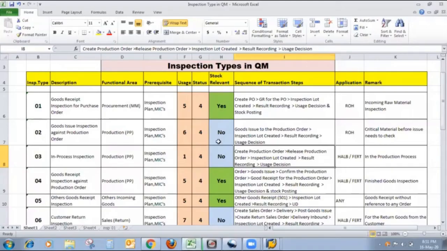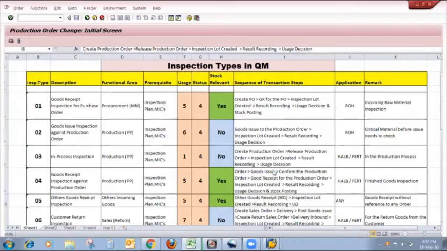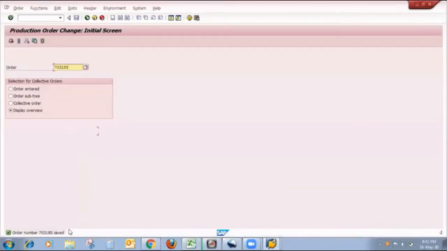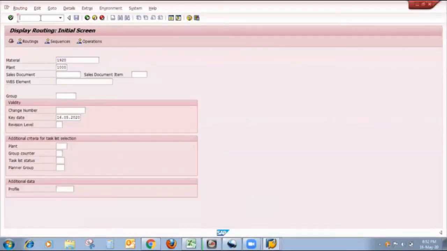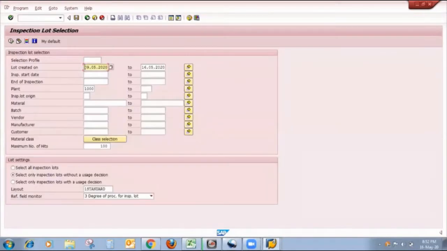So as per the chart, the next step is that after releasing the production order, the inspection lot is created. So now I want to check whether my inspection lot is properly created or not. Then I will move towards results recording and usage decision. So now my order is saved. I will move to check whether my inspection lot is generated today or not.